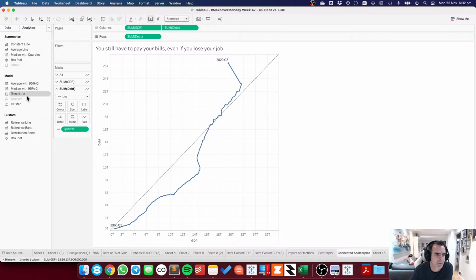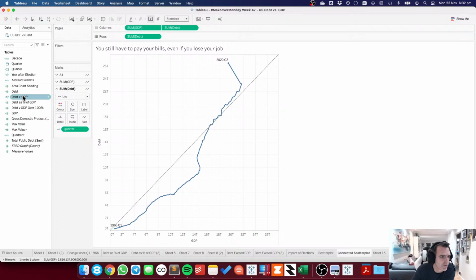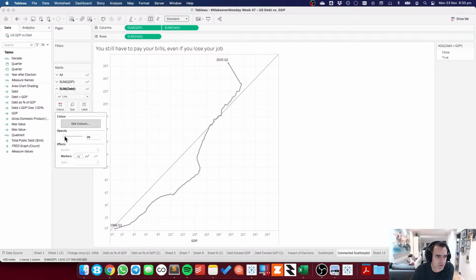But now I wonder if I put that color on here now, the debt greater than GDP onto the line. That didn't work. Why is that not working? Oh, because I have the color set to that. Oh, but I put it on the wrong field, that's why, dumb.